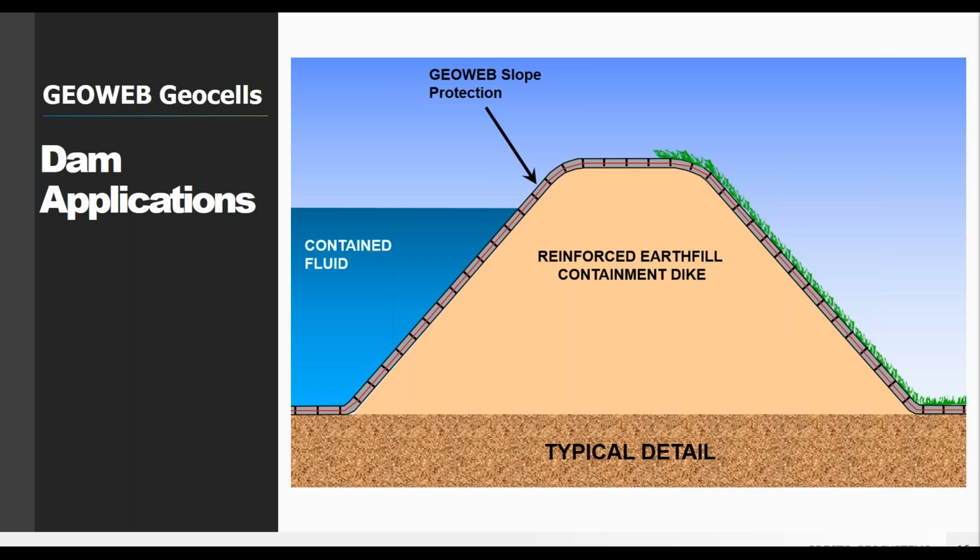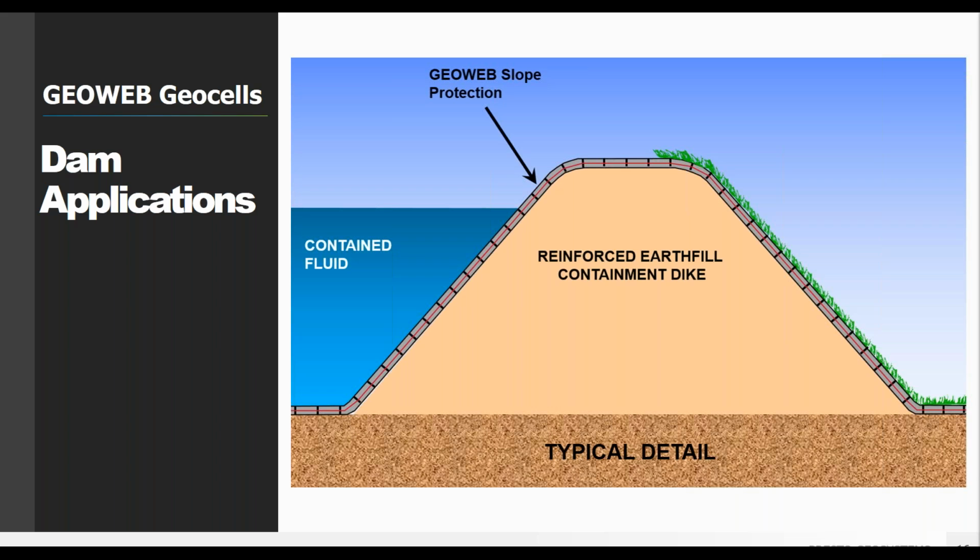So all of those things are going to help you decide what infill material is going to be most appropriate. But then we typically do also recommend that the GeoWeb panels extend from the wet side up over the crest and then down on the dry side. And so this would provide a stable driving surface along the crest, so you can bring in maintenance vehicles or inspection access roads, anything like that.